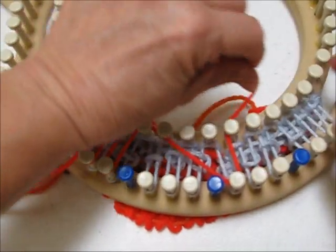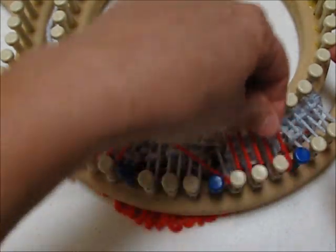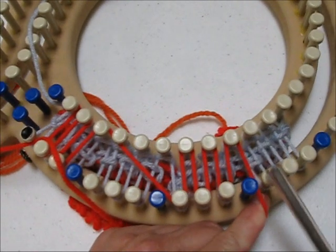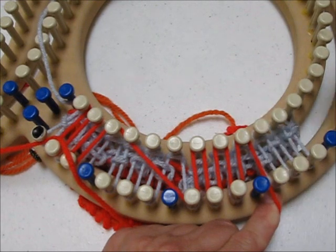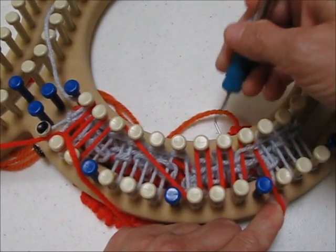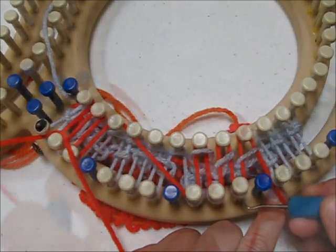and go across and catch the other one, 2, across and catch the other side, 3, go across and catch the other side. And now I've only got 3 more pegs left, and I know from my instructions that that will be with color B. So I'm done with color A for this row, and I can go ahead and knit it off. So we will pause briefly while I do this. So now we're ready